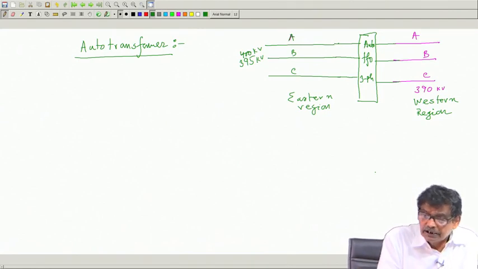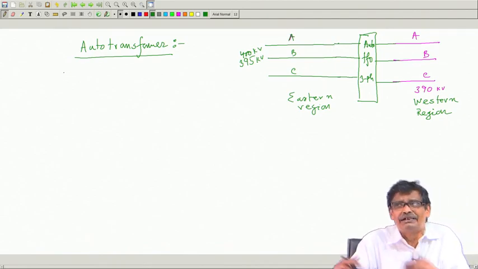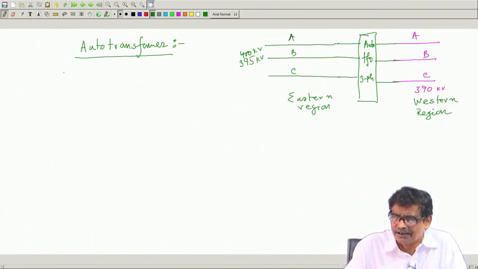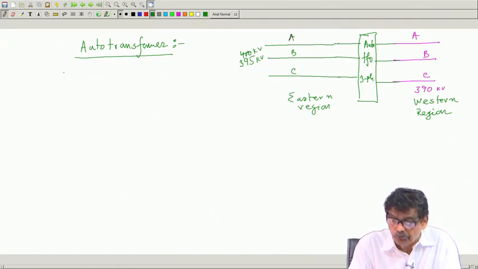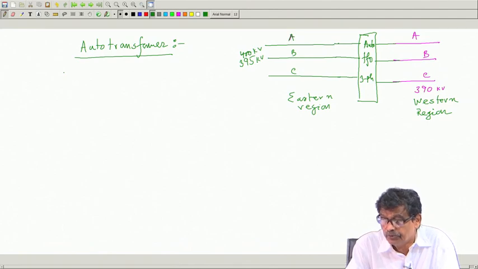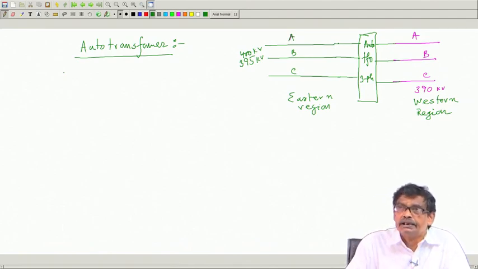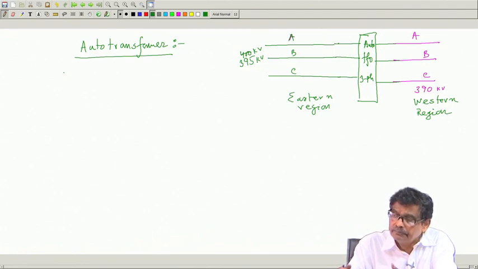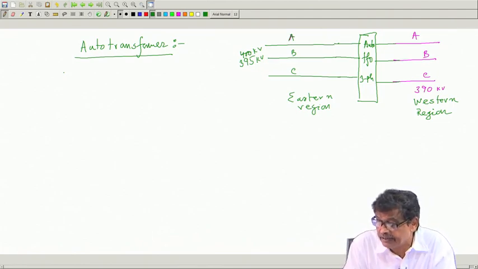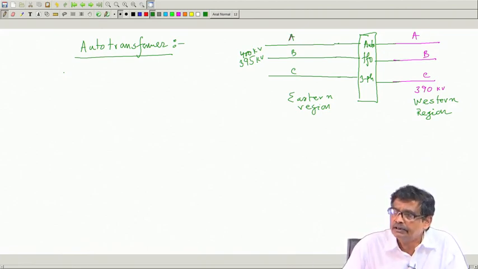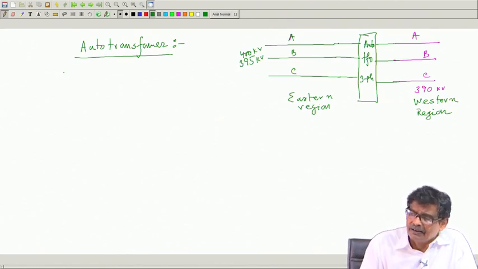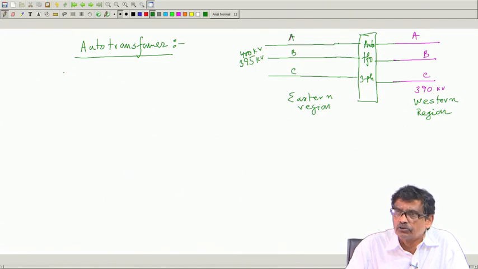Now, what is a 3-phase auto transformer? I will take this up when I take up 3-phase transformers. Right now, you just try to understand that here is a case where the voltage ratio will be close to 1 and I have to connect these two so that I can parallel them. Not directly, because if I connect them directly without a transformer, the 5 kV difference will cause a large current to flow, almost like a short circuit.